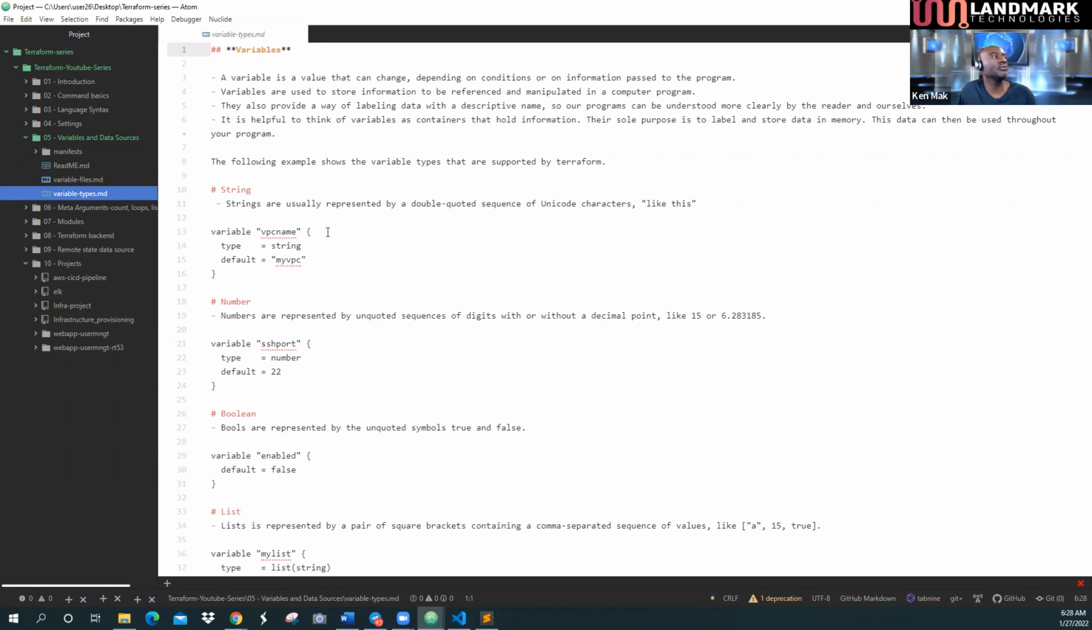So today we will continue to look at what data sources are and do a couple of practical examples on how we can use data sources. And also we'll continue looking at how we can use variables. Then we'll also look at what we're calling dynamic blocks. So with that, I will just go into